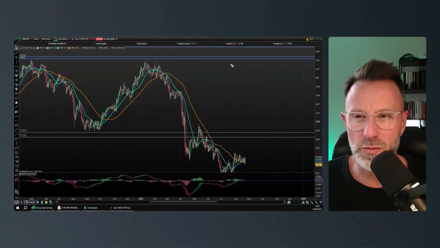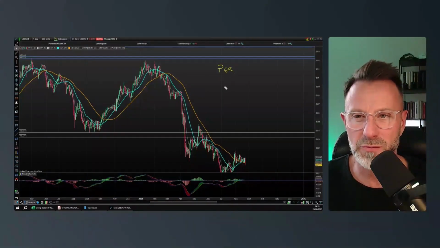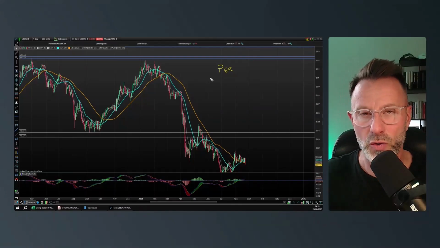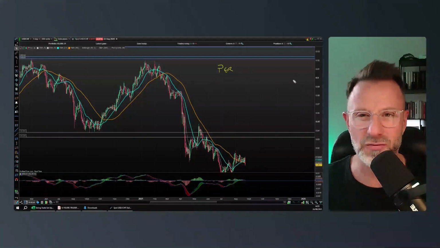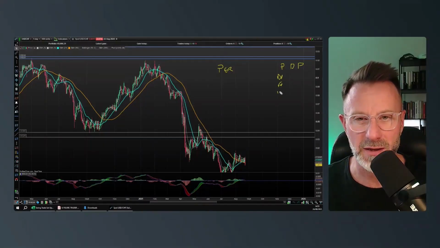So one of the things that you want to be able to do when you look at performance is quickly journal the performance of that trade, alongside journaling what I talked about before, the pre, during, and post scenario, and getting good at logging what you did, what you were feeling, and what you were thinking, pre, during, and post trade.